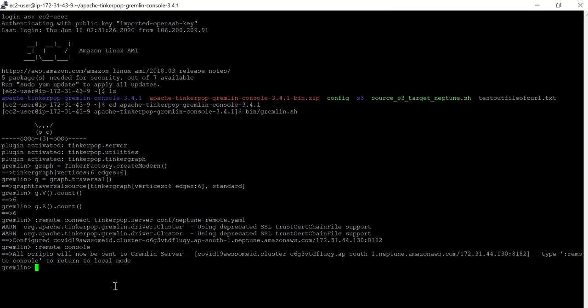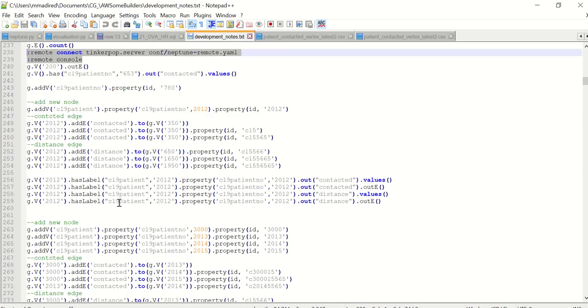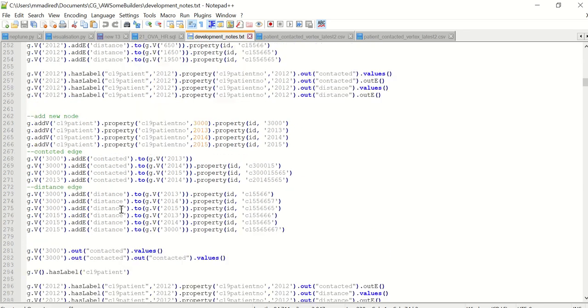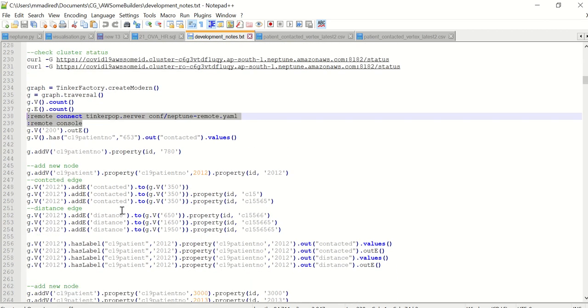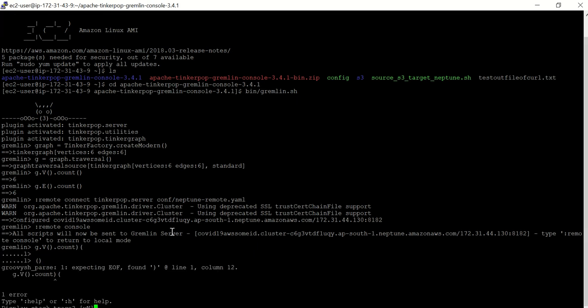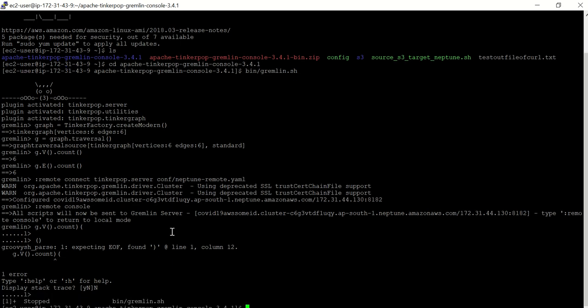Then now we can run a couple of commands to see how much data we have loaded, or we can also see the data which we just inserted. Okay. So let's check how many vertices we have. I will exit and reconnect. Typo issue.